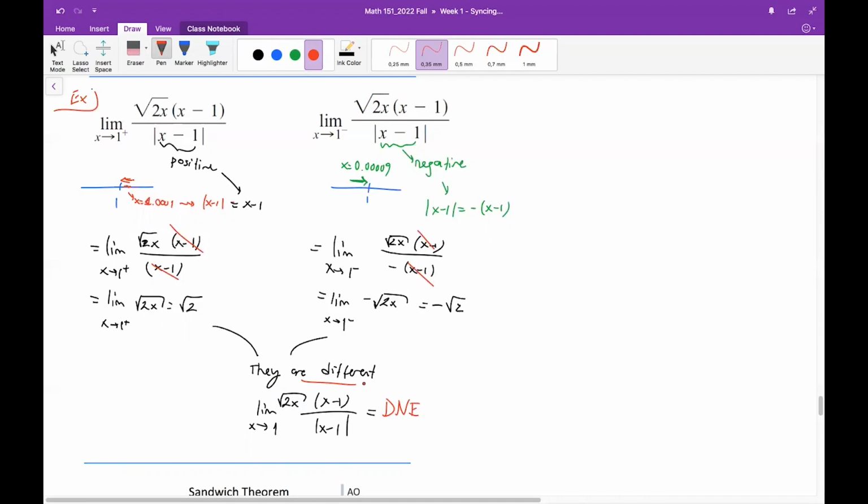So whenever you have an absolute value in your function, you need to proceed like this by looking separately at the left-hand side limit and right-hand side limit, and then you can compare the results to conclude whether the overall limit exists or not. Okay, I stop here